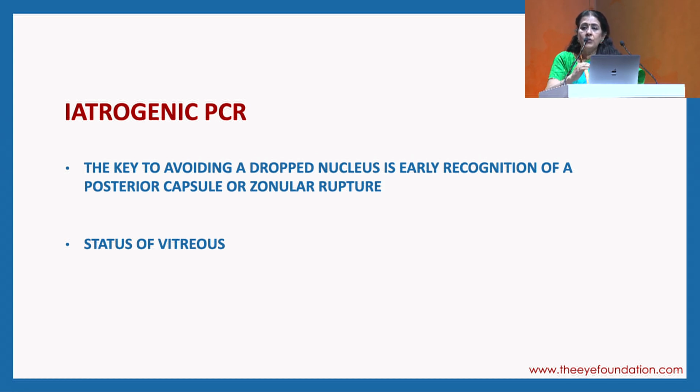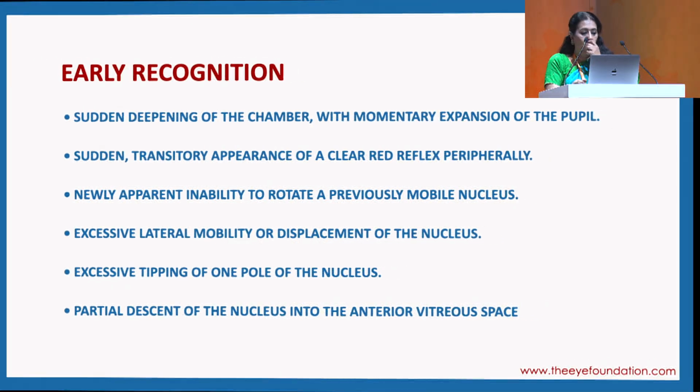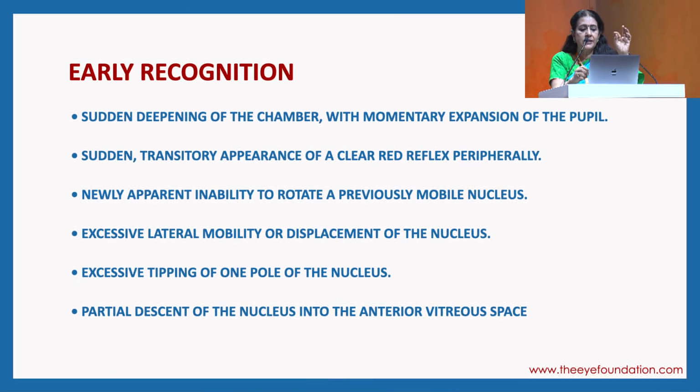It's also important to see the status of the vitreous, whether the vitreous is disturbed or not, whether we need to intervene to do a vitrectomy first or not. So for early recognition, the signs are a sudden deepening of the anterior chamber, irregularly too. There would be a sudden expansion of the pupil, which is called the pupillary snap sign. Suddenly you could see an appearance of a red reflex somewhere in the periphery. Suddenly a nucleus which was nicely rotating no longer rotates, or there could be a little extra displacement of the nucleus and tilting of the pole of the nucleus,